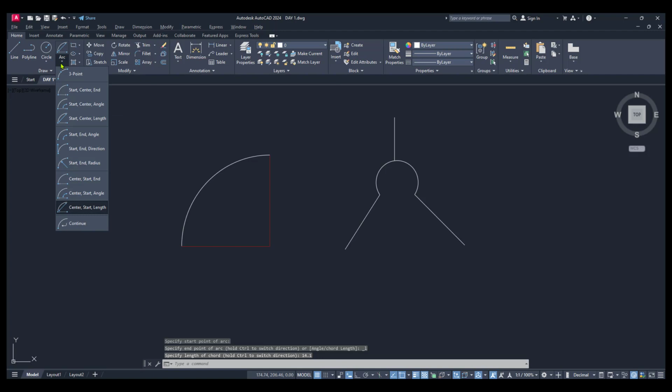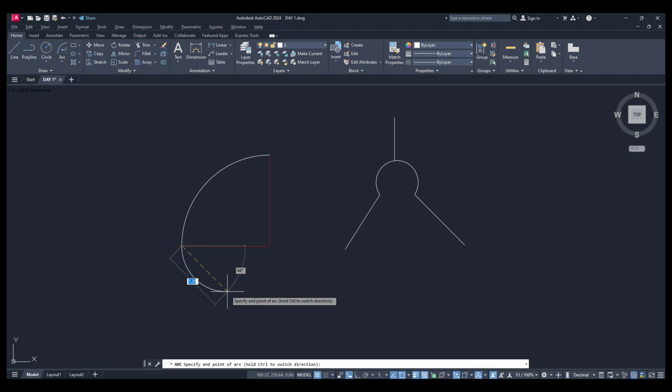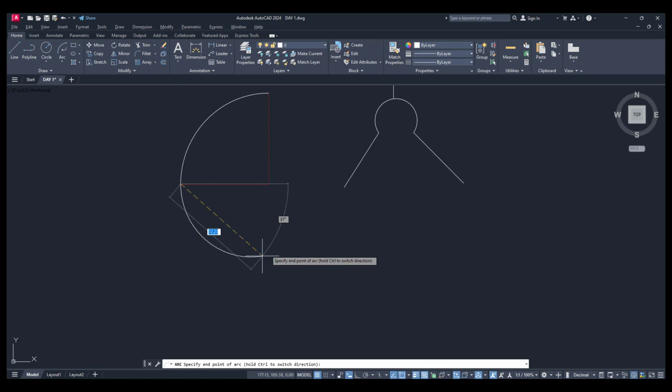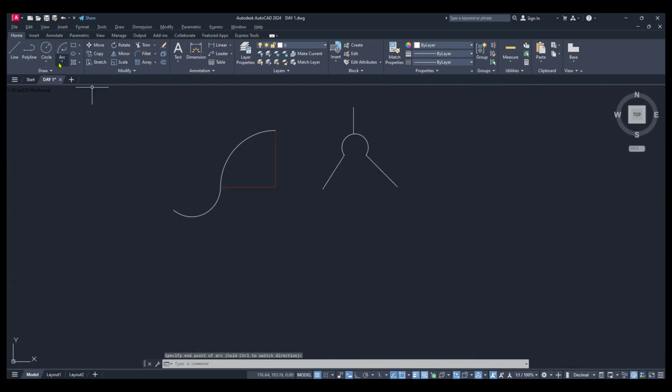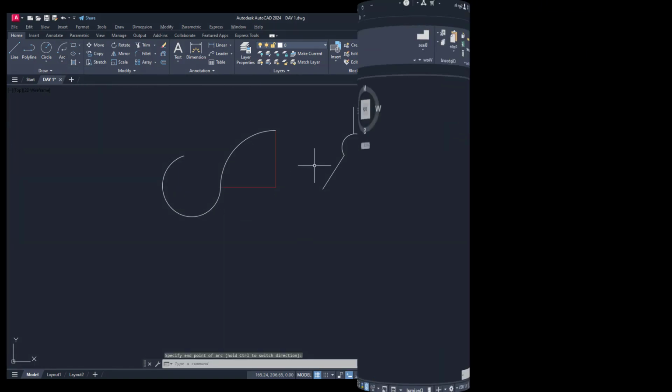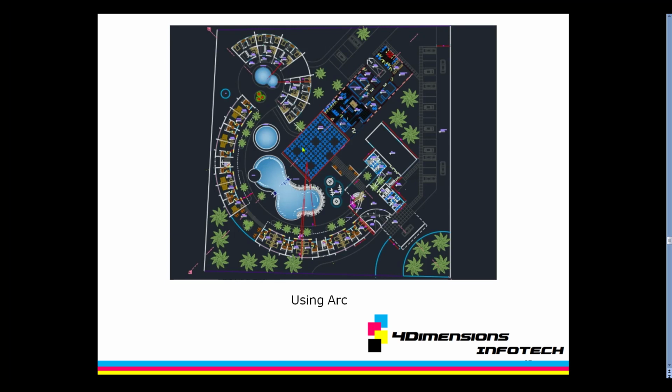Now if I want to continue the recent arc, then you have a continue option. Depending on the shape or the requirement, you can continue the recent arc like this. Arc is used to draw the swimming pool design and landscape design as shown in the figure.